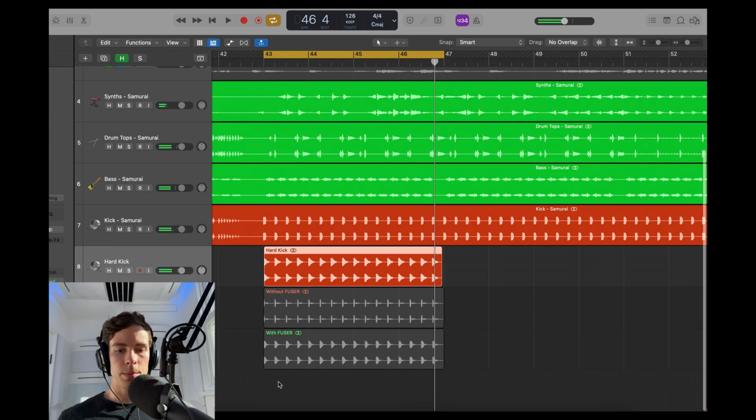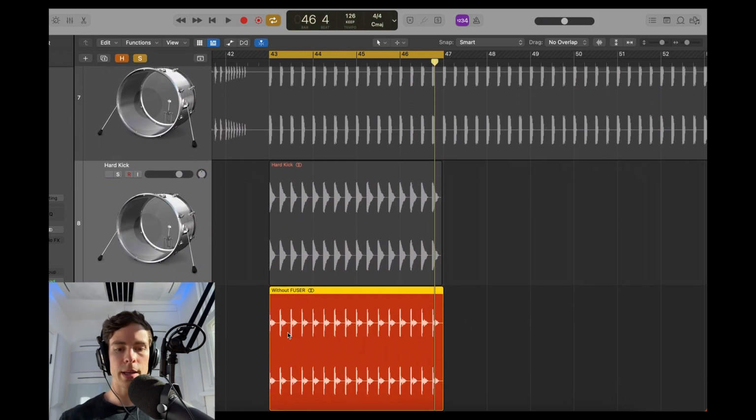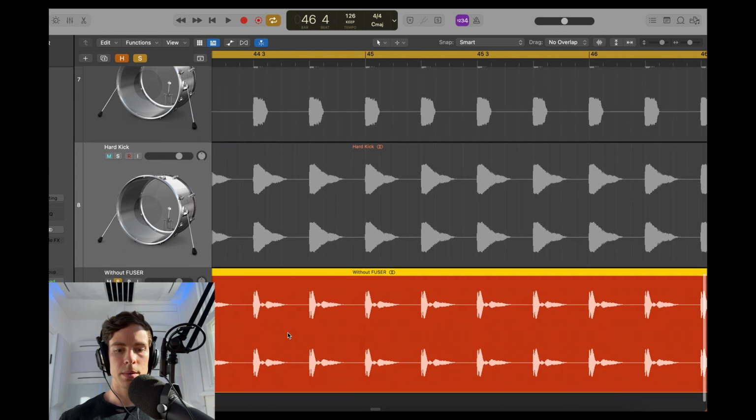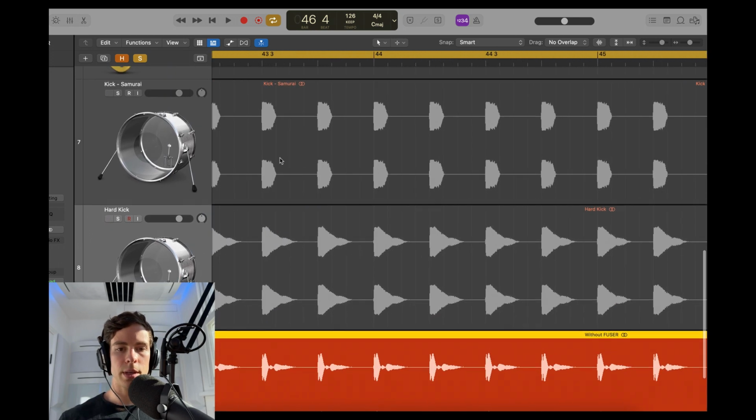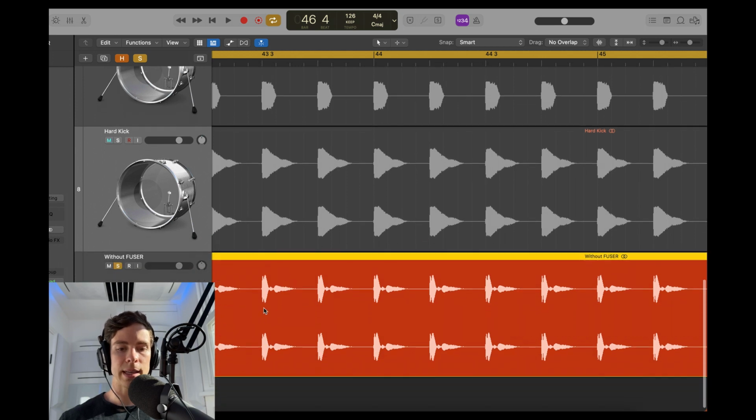To give you a visual, this is what the combined kicks look like when they're bounced. So there you've got kick 1 here, kick 2 here, and when you play them together, they look like this. So you can see this tail is just being reduced, all of these overlapping frequencies here, basically bringing this to nothing.